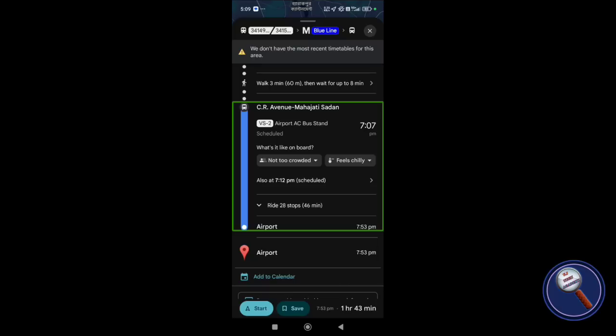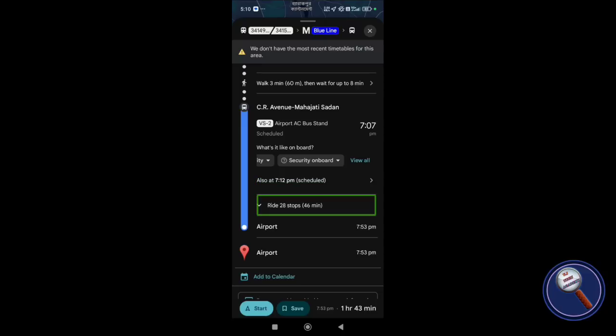7 of 13. Okay, this is the road. VS-2, Airport AC bus stand. Scheduled. Departs at 7:07 p.m. Okay, this is the bus stand. What's it like on board? Not too crowded. No women. Accessible. Security on board. View all. Also at 7:12 p.m. Next, ride 28 stops, 46 minutes. Steps collapsed. So here you can see all the stops of that bus which I should catch from